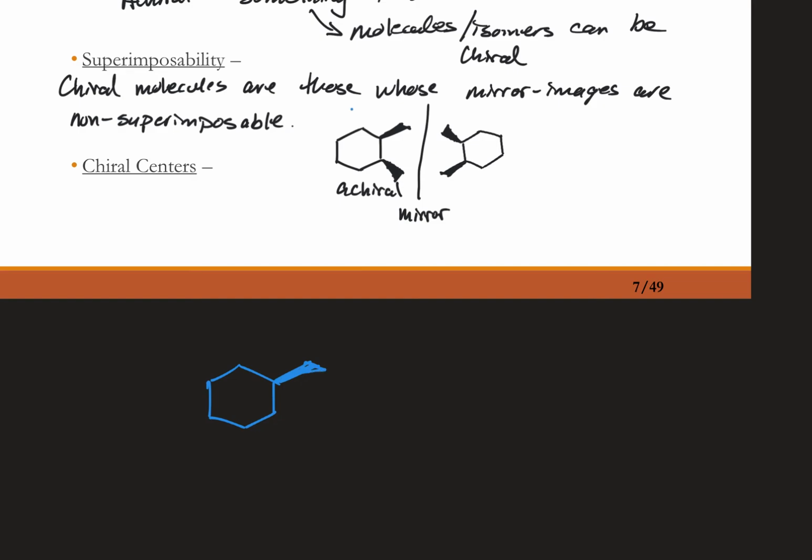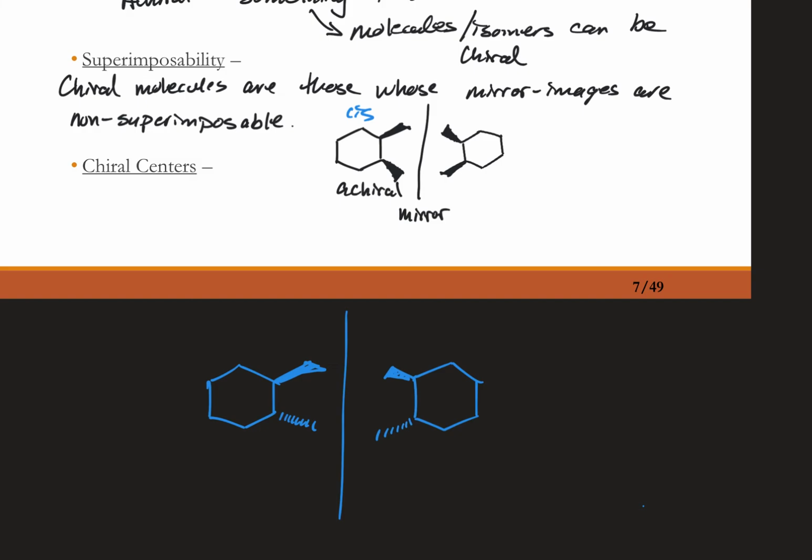So this would be the cis isomer, cis-1,2-dimethylcyclohexane. If we take the trans isomer of that, then the mirror image of it, which now I'm just going to draw, the mirror image of that structure would look like this. And if I rotate that around, you'll see that it does not properly overlap with the other one,